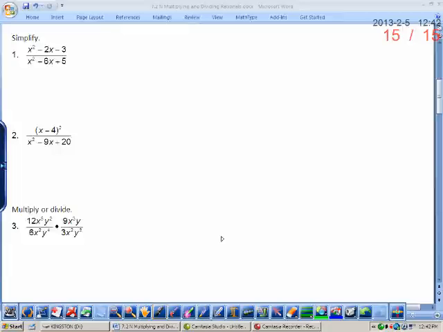So we start off by factoring the numerator and the denominator. In this case, my a value, the value in front of my x squared, is 1. So I can do the shortcut factoring, right? I can just come up with my factors of -3 that add up to -2. What are those? -3 and +1